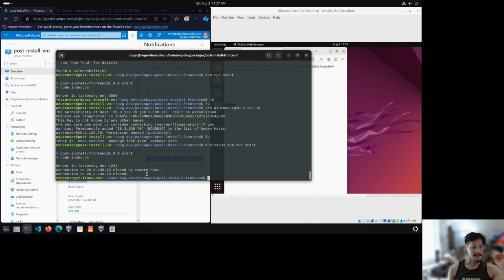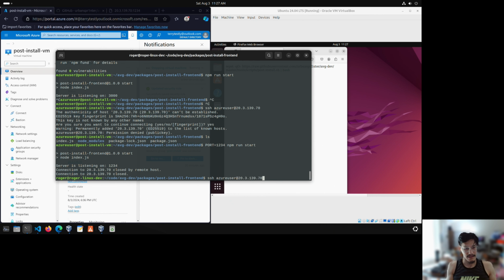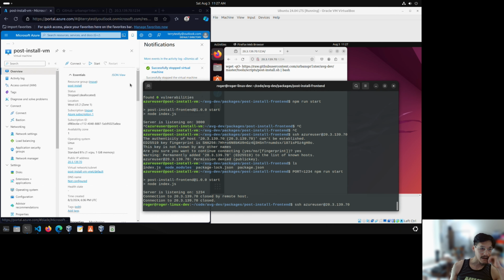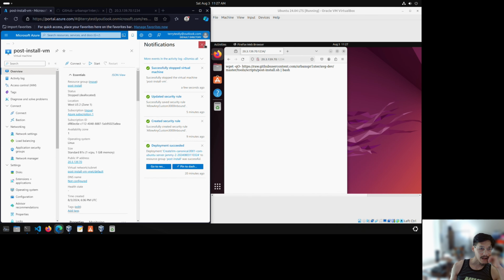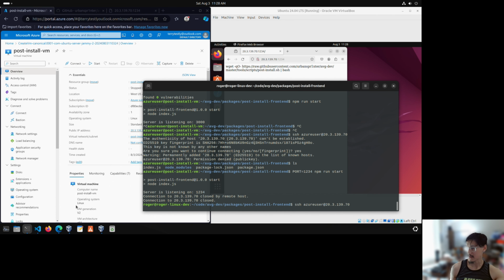Oh, it did. See, it says connection closed by remote host. So if we did try to SSH again, it probably wouldn't work, because it stopped now. Okay. Well, I guess that's it. We'll continue on next time. I keep looking at this, but